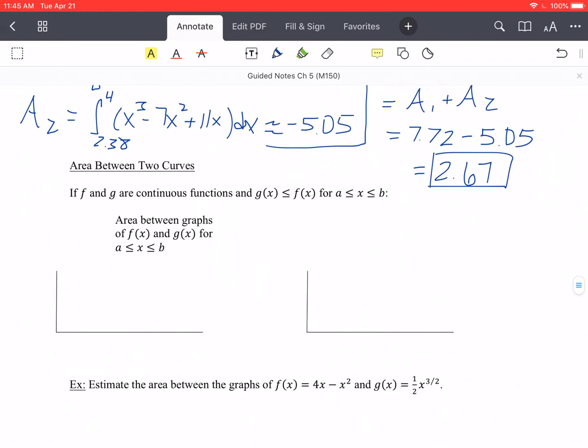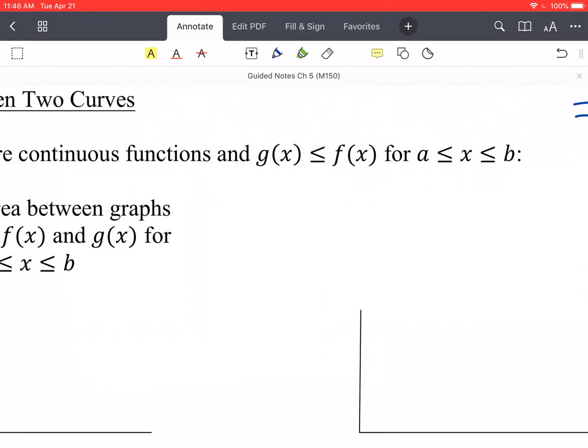We can talk about areas between different curves. So if f and g are continuous functions, so there are no gaps, no breaks in the function, and g is less than f for this interval, then the area between the graphs of f and g, for x being between a and b,